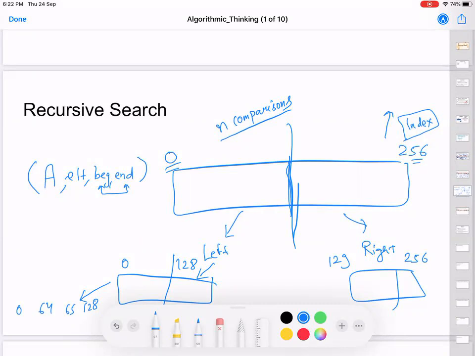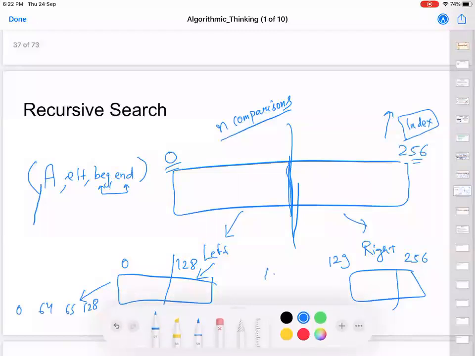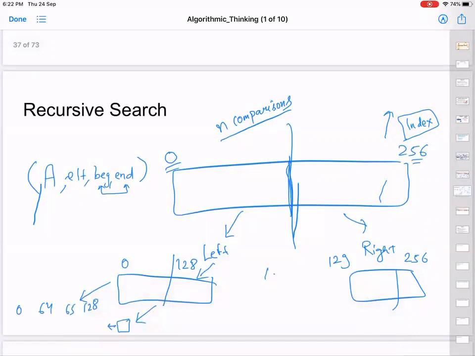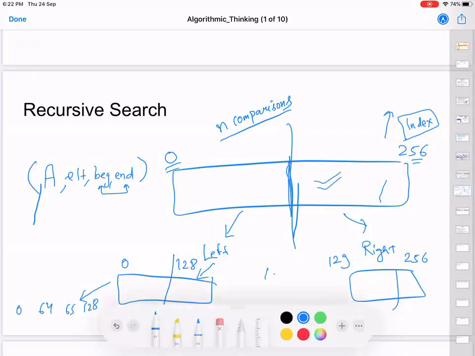What will be the number of comparisons here? So who is doing the comparison? This person over here, me, I'm not doing any comparison. I'm just breaking it into two halves and giving it to two people. Again, those nodes in the middle, these people, are again not doing any comparison. They are again breaking it into half and giving it to other two people.